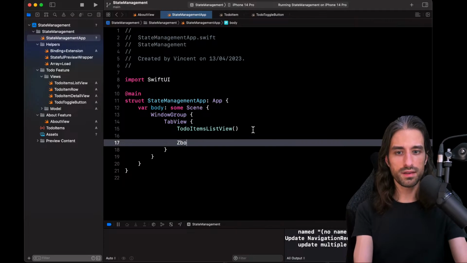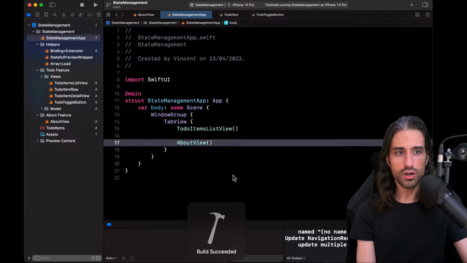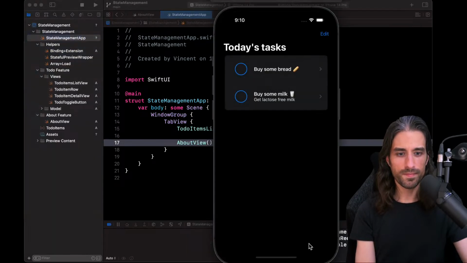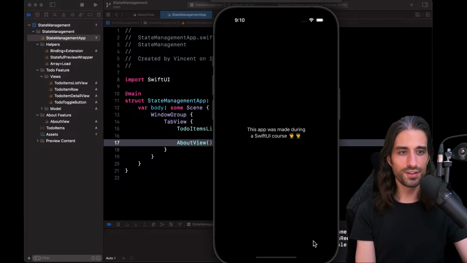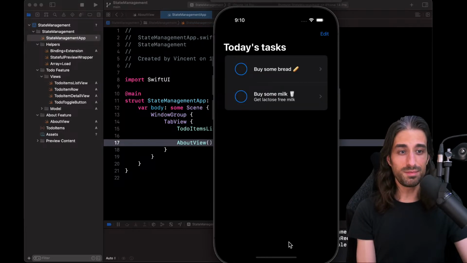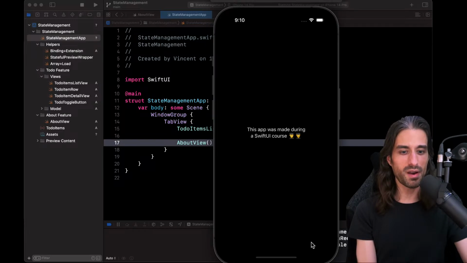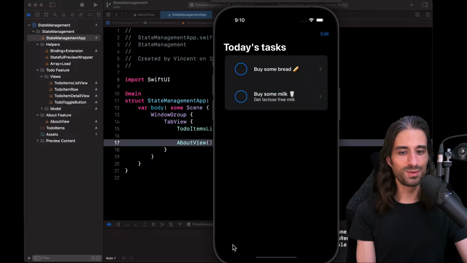I'm actually going to add my about view also, relaunch the app. And you can see the tab bar is there, just there is nothing to display. The buttons are transparent, but they are there because I'm able to navigate from one tab to the other.